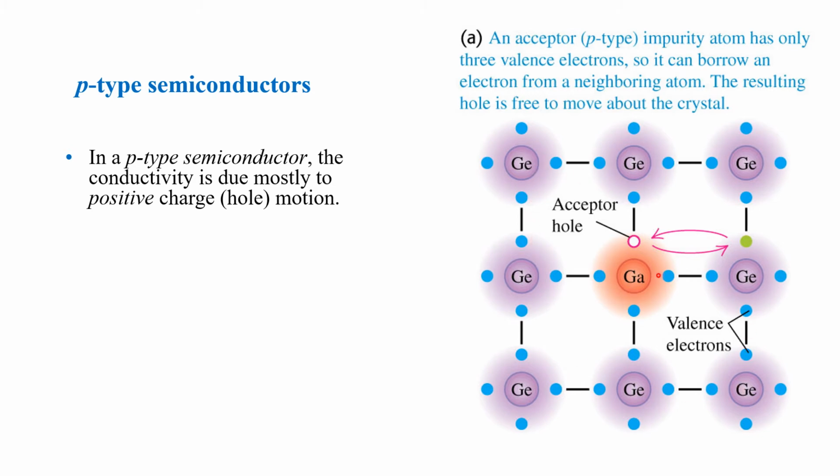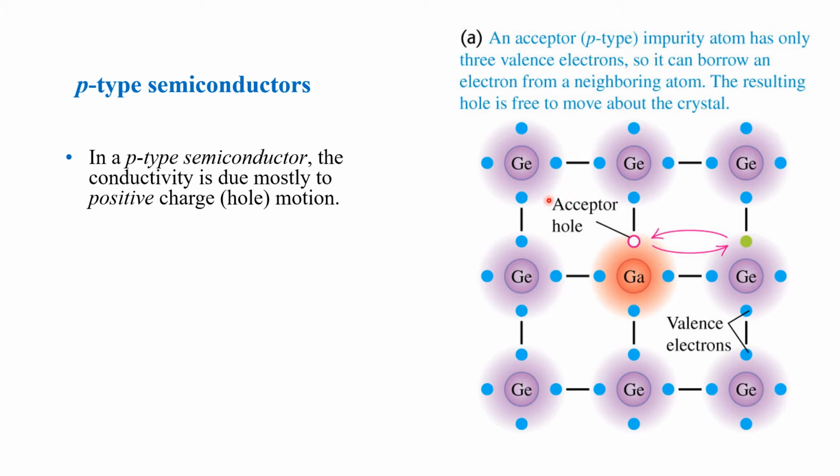Now gallium here has only three valence electrons, and there is this missing acceptor hole here. Now an acceptor impurity atom has only three valence electrons, so it can borrow an electron from the neighboring atom. So it can borrow from here, or it can borrow from here. The resulting hole is free to move about this crystal. And remember that your hole is positively charged, thus making